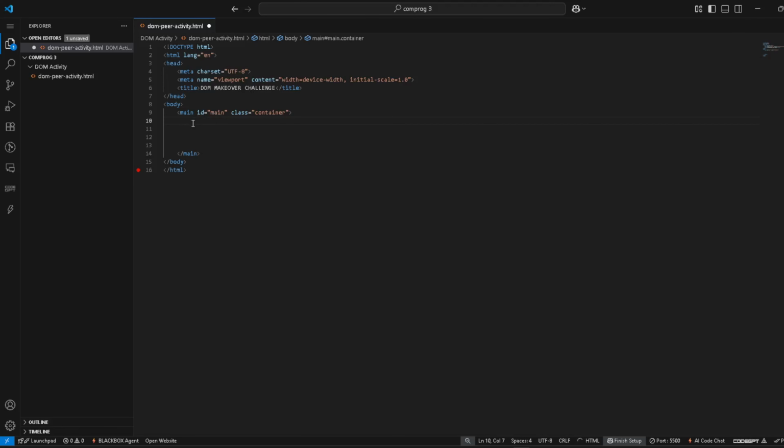Now let's proceed to creating a div class card. This div class card is a box or card that holds all the content like the title, buttons, and list. It uses the card class to give it style like padding and background. So after that, we will